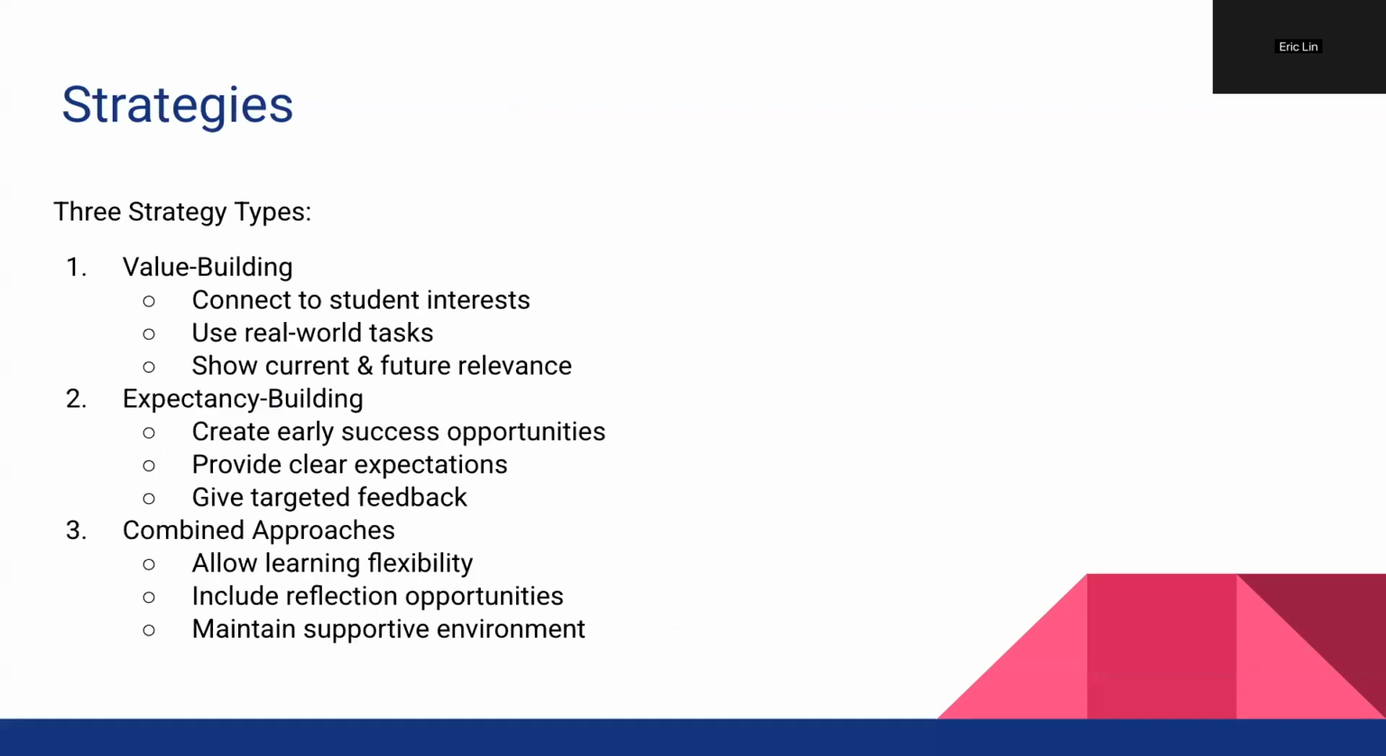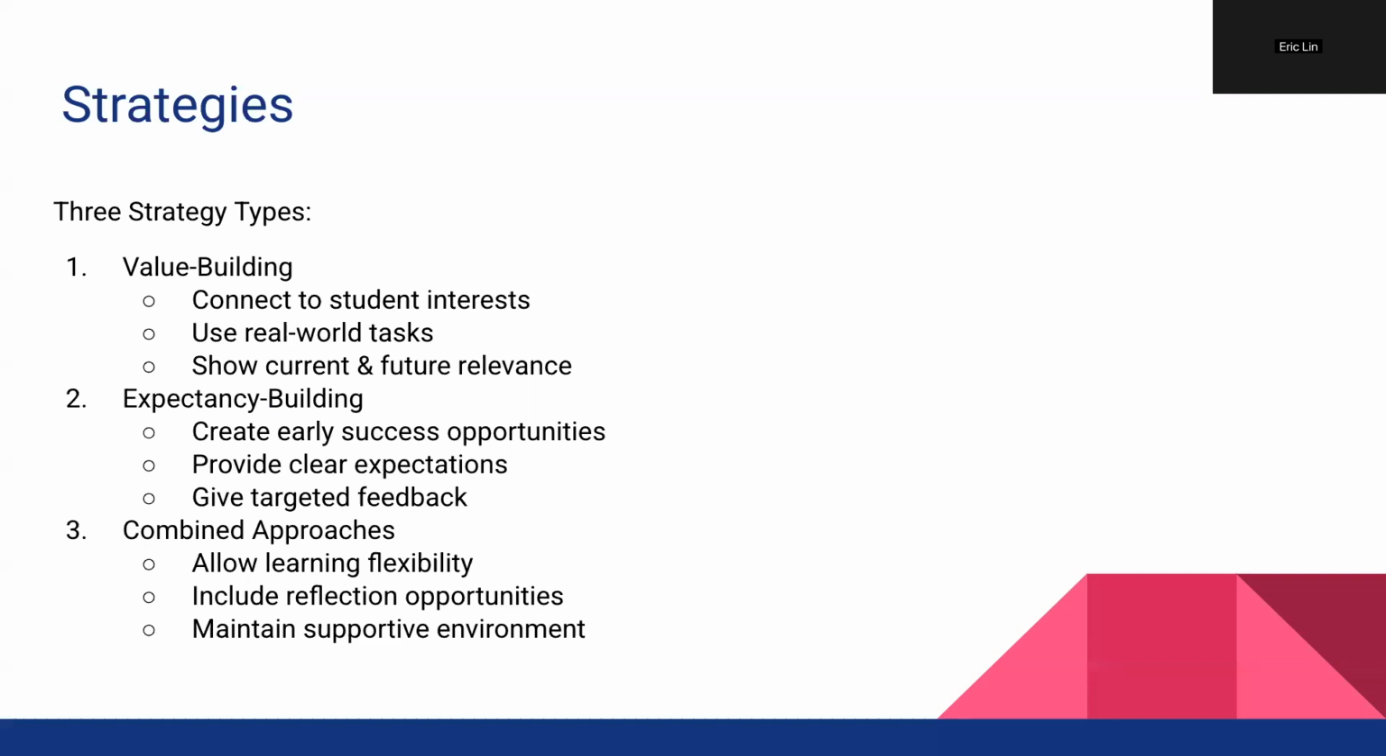Strategies. So let's first explore three key types of strategies that research shows can enhance student motivation. The first type focuses on value building. When we connect course materials to what students care about, use tasks grounded in real situations, and show both immediate and long-term benefits, students are more likely to engage deeply